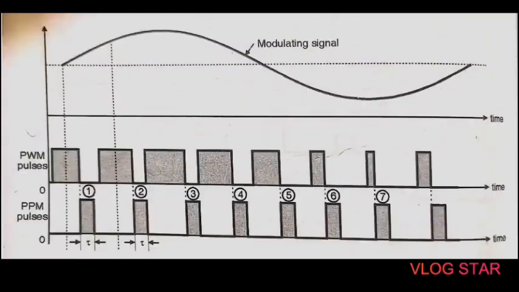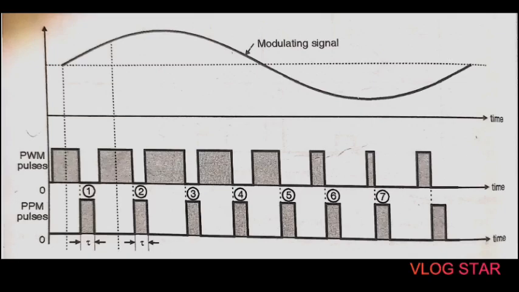So there are some advantages of PWM. The first is less effect of noise, that is, very good noise immunity. Second is the synchronization between the transmitter and receiver is not essential for PWM. Then there are some disadvantages of PWM also. The first is, in order to avoid any waveform distortion, the bandwidth required for PWM communication is large as compared to the bandwidth of PAM.